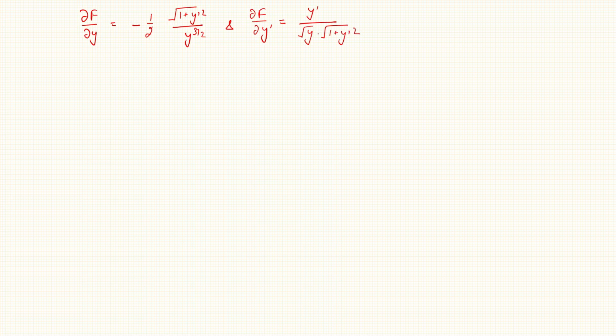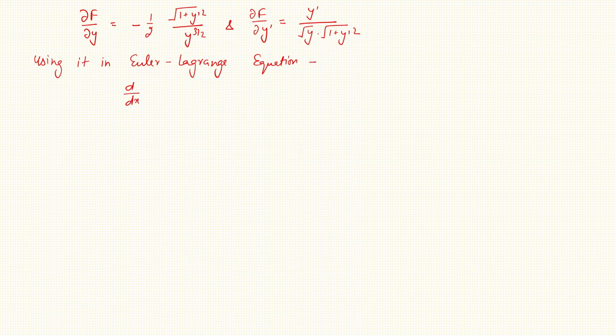Now using these values of partial derivatives in the Euler-Lagrange equation, we can write, using it in the Euler-Lagrange equation, we have